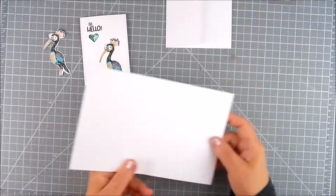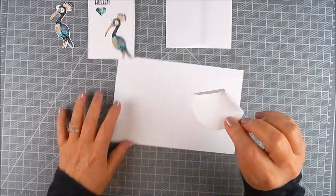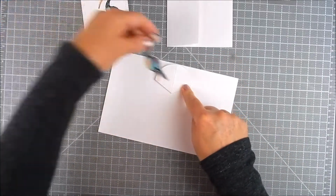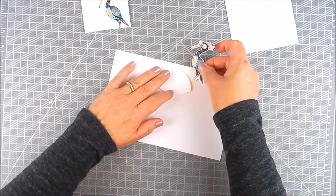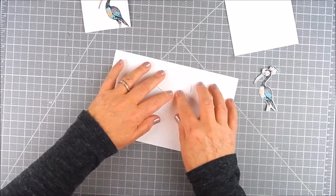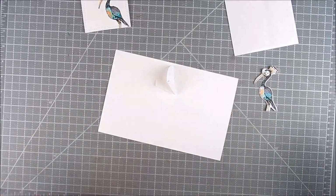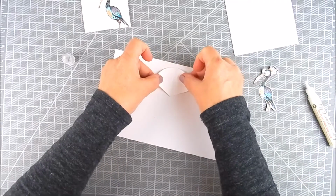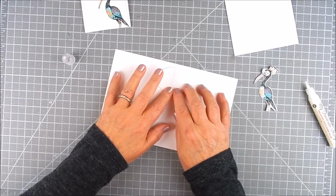base that's stamped. So now you want to line up this particular element. You want to line up with the crease of that score line for the card. So the crease on the card base and the crease on the folding element should line up. And then you just want to make sure you have it so that whatever you adhere to it is not going to show when the card is closed. So in this case, this bird is tall. So I'm placing this element towards the top,